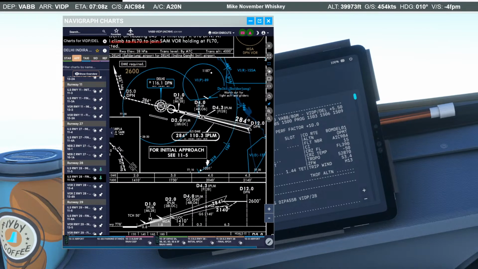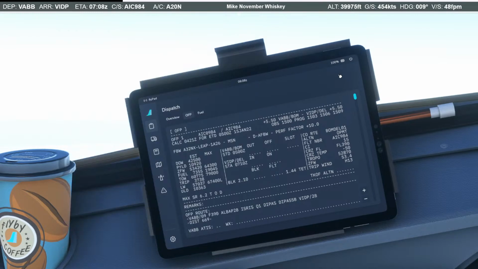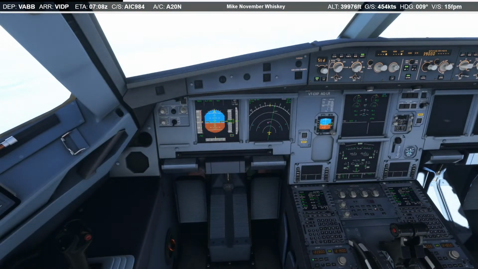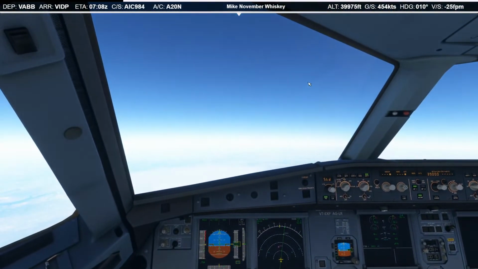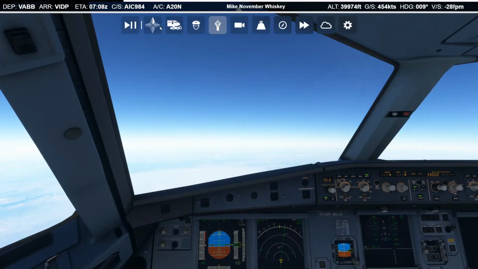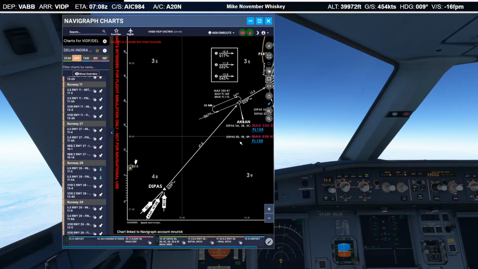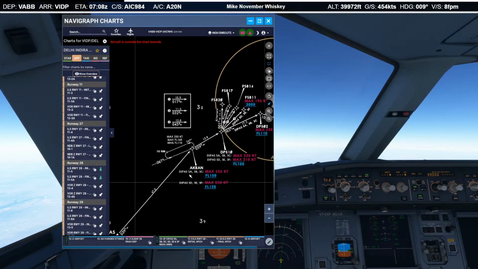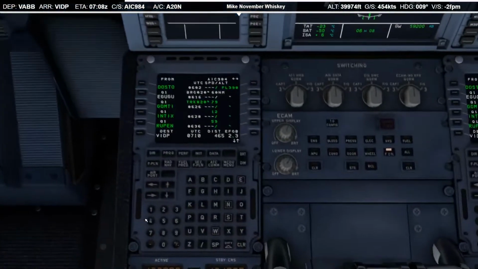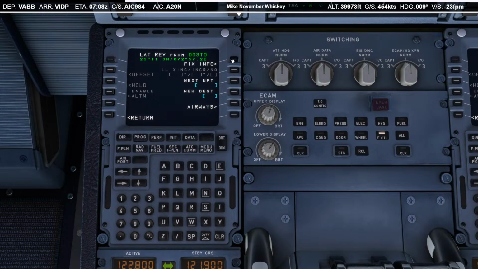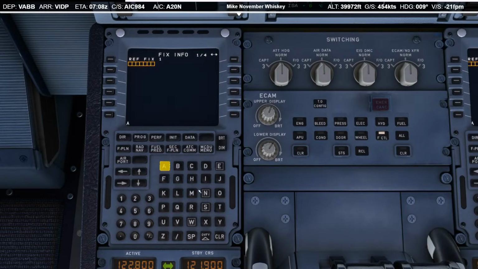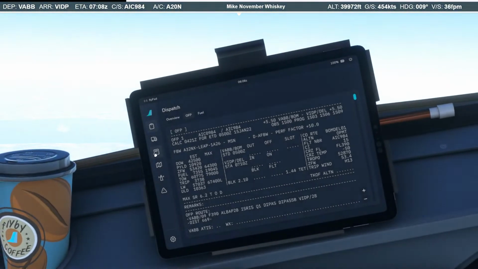Okay. Oh yeah, but descent planning, that was the whole point of pulling that up. So, looking at the STAR, our first level is at AKBAN 150. So, come in here, put in a fix, AKBAN, and use our calculator here.